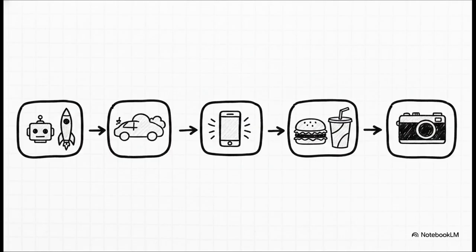Now look at electric vehicles and cloud computing. Those are squarely in the growth stage, characterized by a rapidly expanding customer base. But what about smartphones? In the early 2000s, they were embryonic. In the 2010s, explosive growth. Today, they are deep in the shakeout, moving toward maturity. Growth has slowed way down, weaker players have dropped out, and it is an intense battle for efficiency.